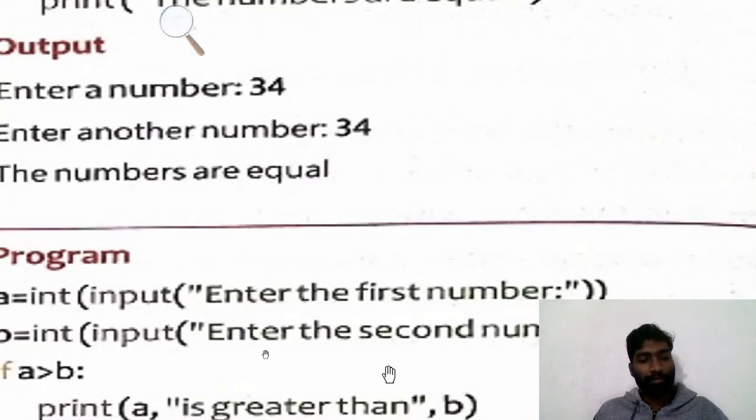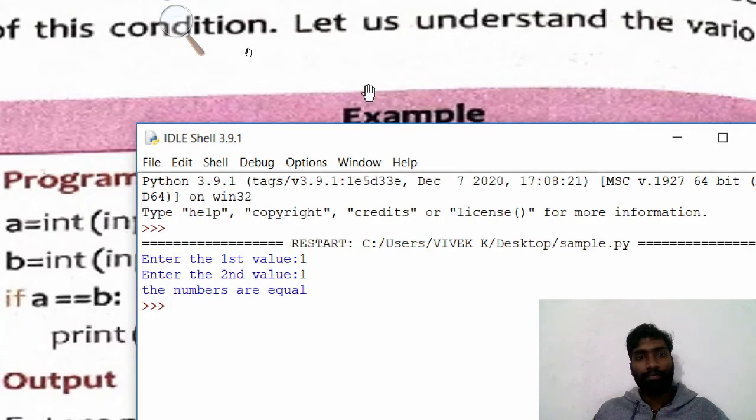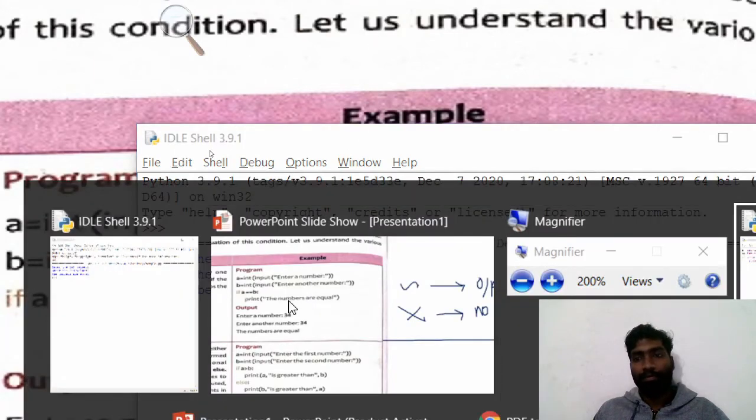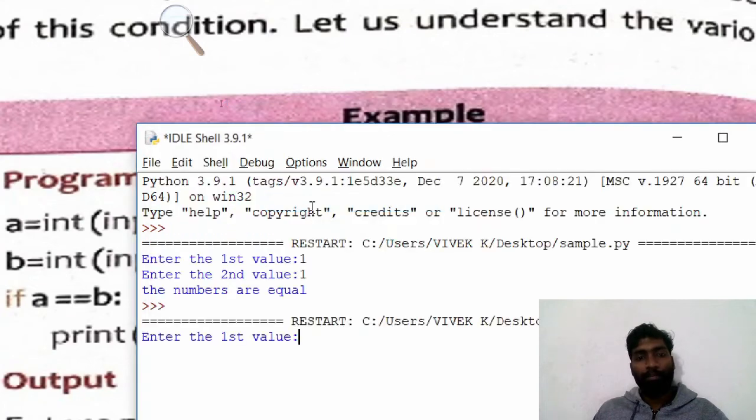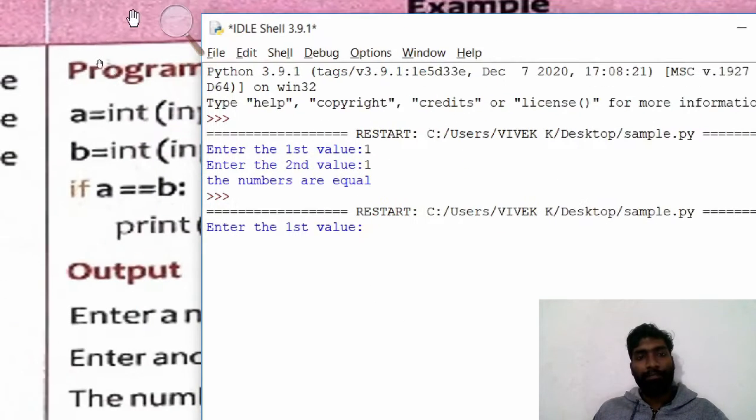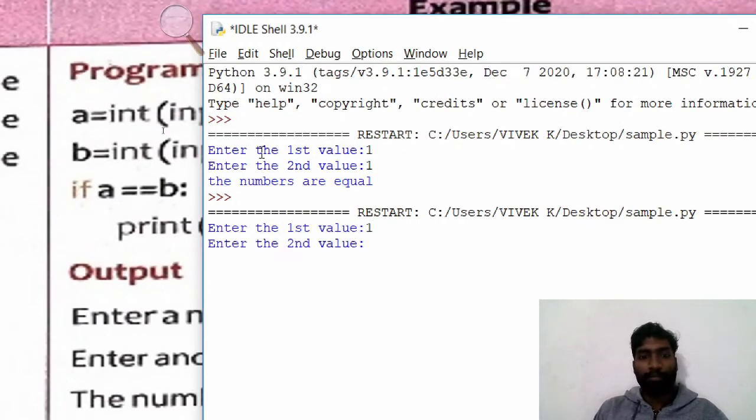In case, again I am running. Okay, run program. Now it came. Now I am entering 1 and 2. You know well what the condition is. It should be equal, but now the condition is not met, so it will not tally. Here we didn't get any output. In the previous program what did we get?